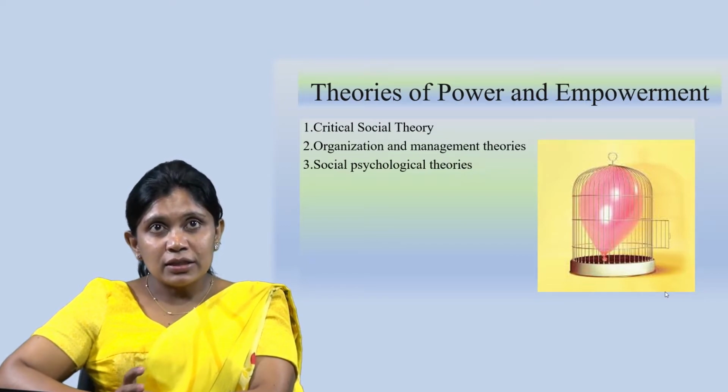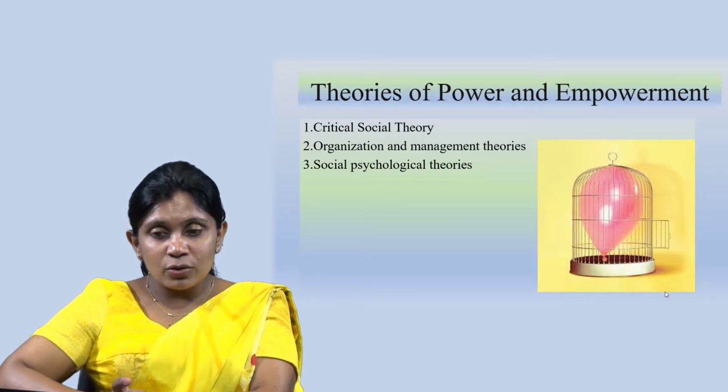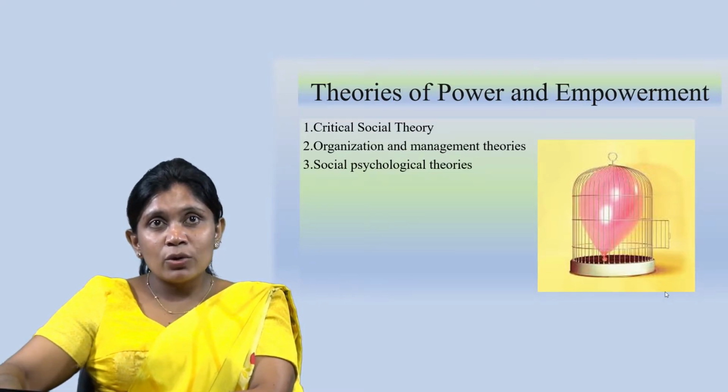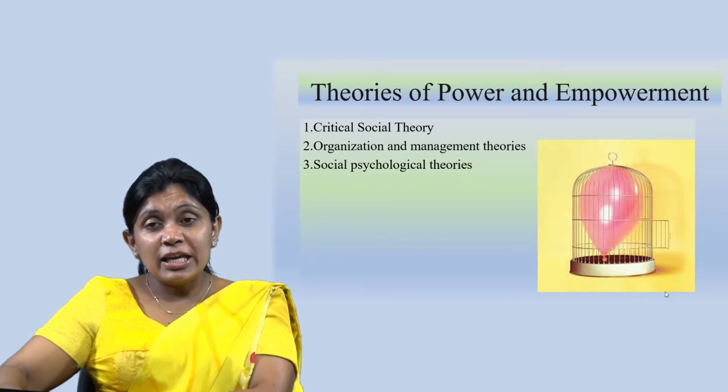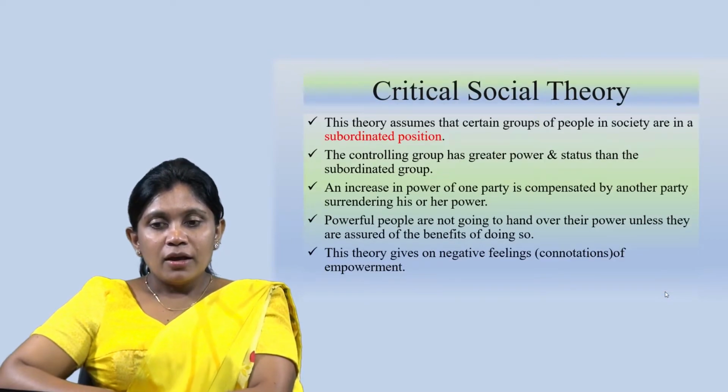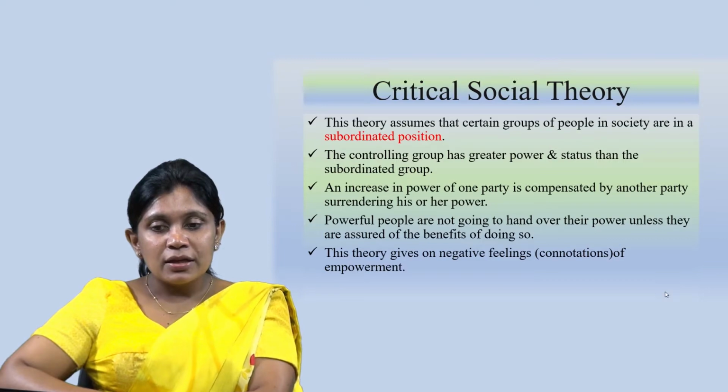First one is critical social theory. Second one is organization and management theories. Third one is social psychological theories. And we'll see what each theory says about empowerment. When it comes to the critical social theory, this theory assumes that certain groups of people in society